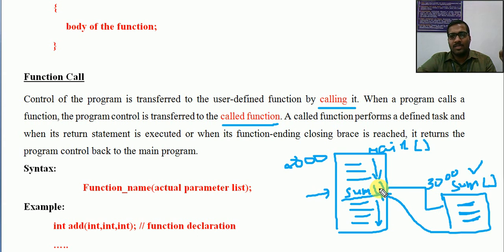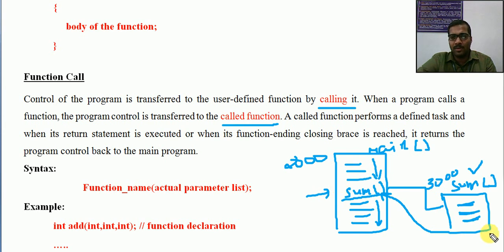So three things are important for the usage of functions in C. This is called a function call. Just give the name and some parameters. Sometimes it will be empty, or depending on the function, we can provide some values also. If I want the sum of 10, 20, I can do it here. This 10 and 20 will be processed here. It will get the sum, and the sum will be returned back. And if you want to display the sum here, we can display it.